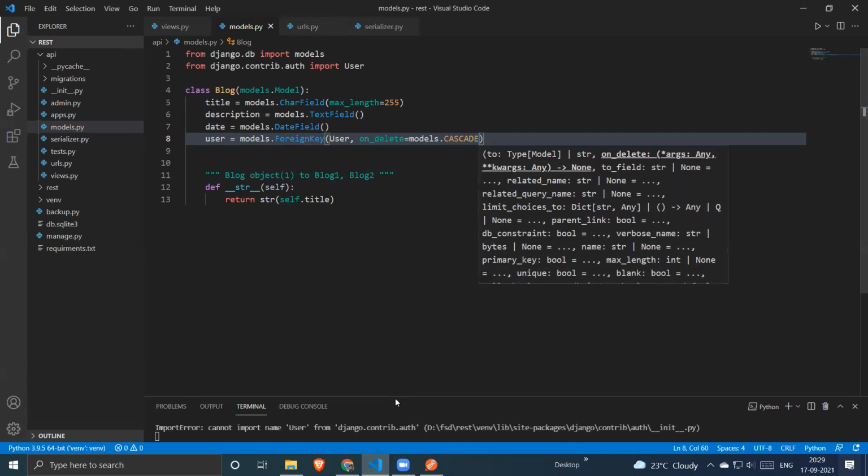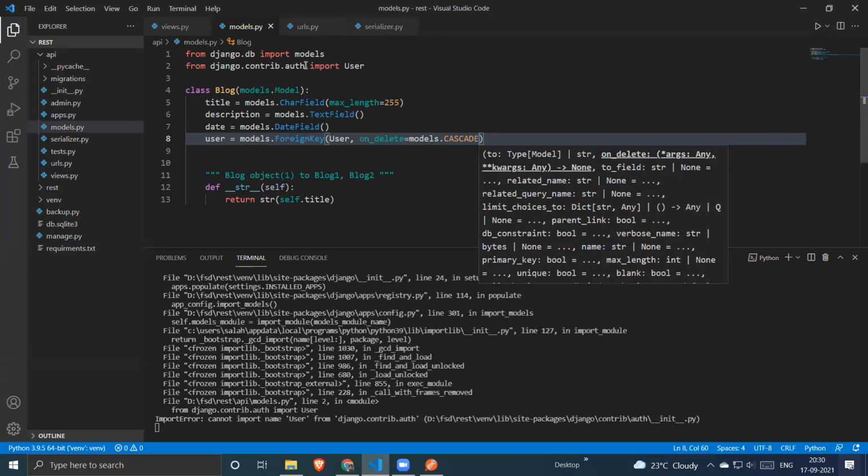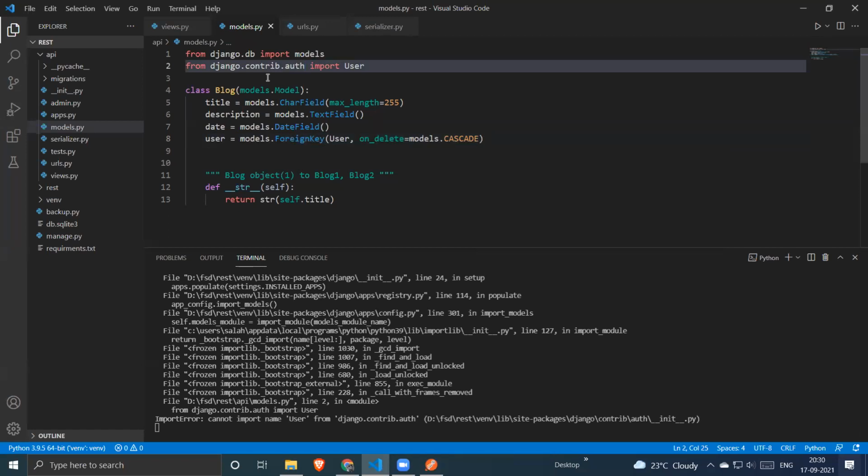So we got some error, cannot import User. Okay, it is from django.contrib.auth. I guess the syntax is right. Okay, django.contrib.auth.models. We are actually accessing the model.